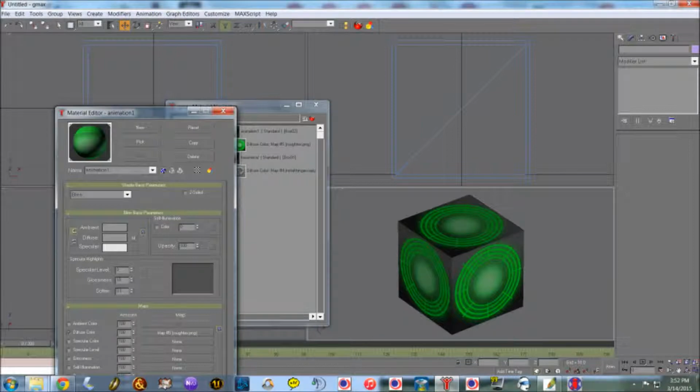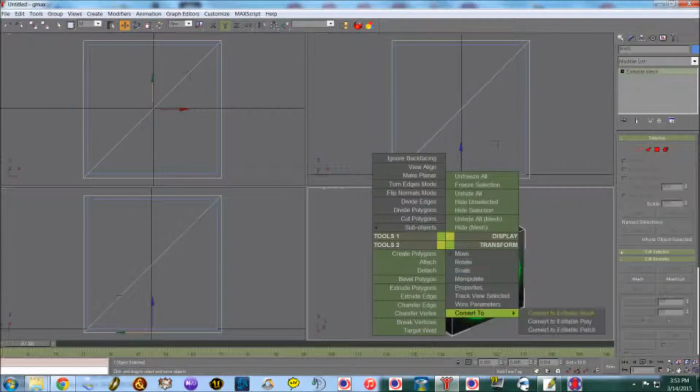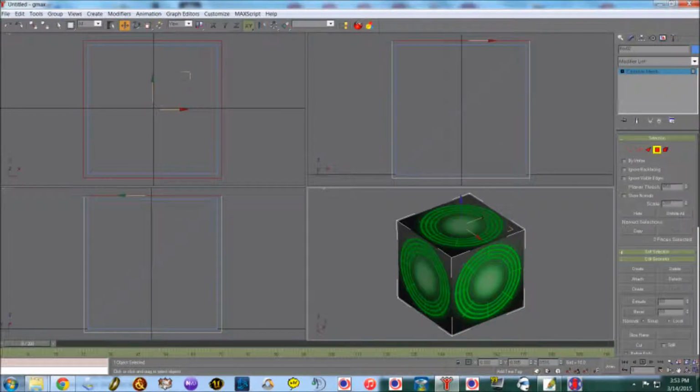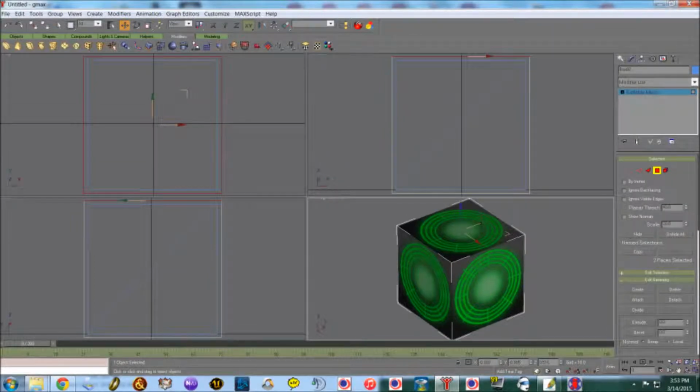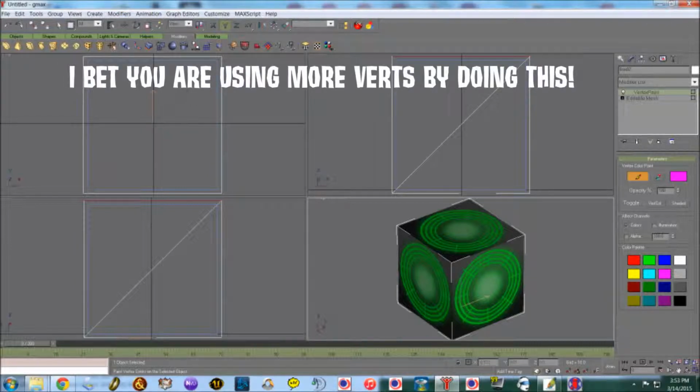And it's not going to be self-illuminating, so I'm not even going to bother to click that. I'm going to right-click, convert it to editable mesh. And you know what? I might want one side to be a little different color. So I think I'll select the top tool, and I'll turn on my tab panel, go to my modifiers here, and there's a tutorial on vertex shading, but I'm thinking I want the top to be sort of